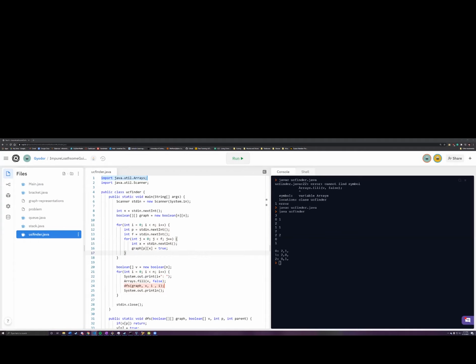For DFS, you're calling an inner for loop, and then calling a DFS on that. So DFS itself is an O of n algorithm per node in this case. But since you're calling it n times, this whole thing also becomes n squared. So the whole algorithm's time complexity is n squared. Does that make sense? Now let's look at space complexity.